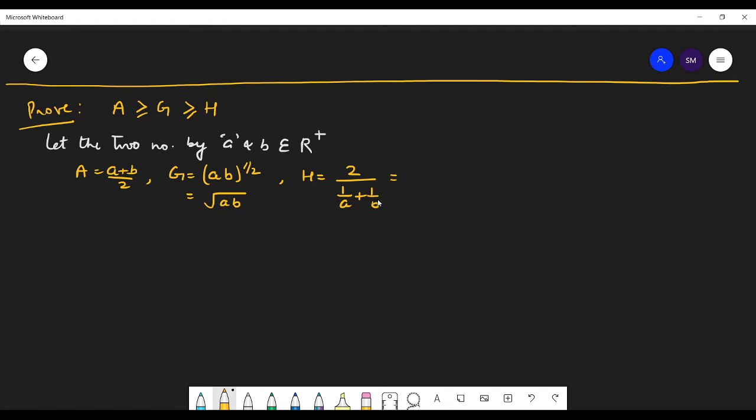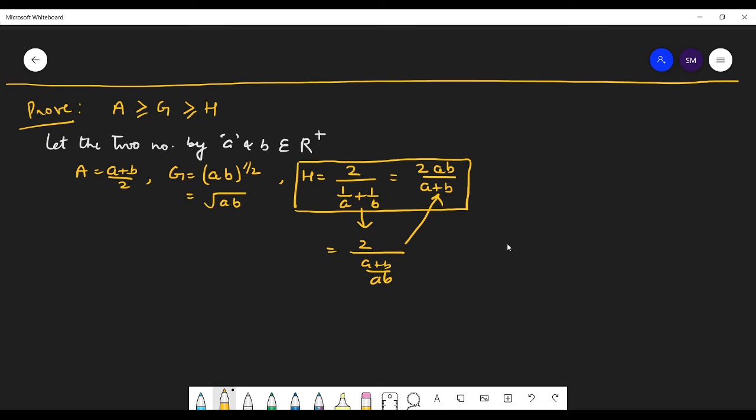Students, you will be dealing with this situation all the time. So just let us solve it. So that is 2 into, you will take the LCM. So you get AB, and that AB will go upside. And here you get A plus B. So understood how to do this in one step. You have just skipped one step. Otherwise, what do you write first? You will be writing it as 2 upon A plus B upon AB, and then you will be writing. Yes, sir. So always remember this LCM will go in the numerator.